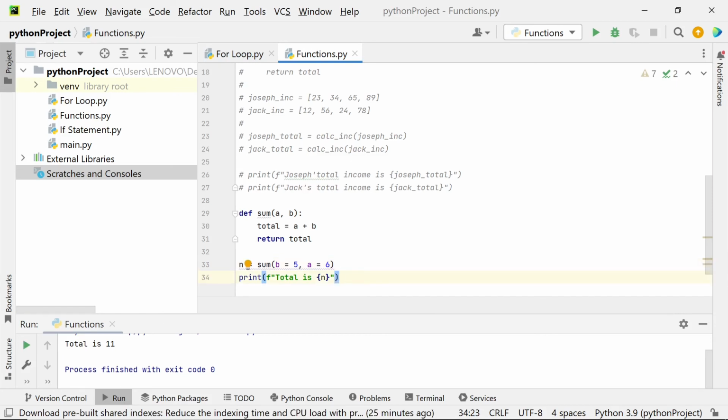So let's change the number so we could see properly if this is really working or not. So let's do this. See, the total is 16. So we call this one named arguments. Why named arguments? Because we named the parameters here to be